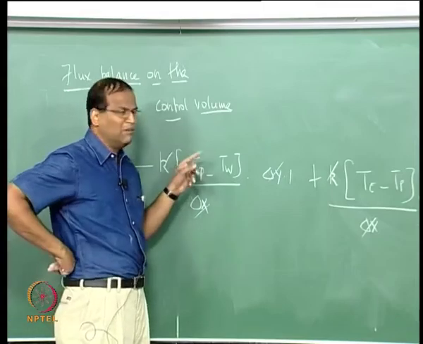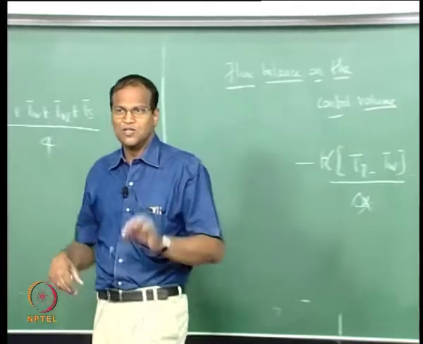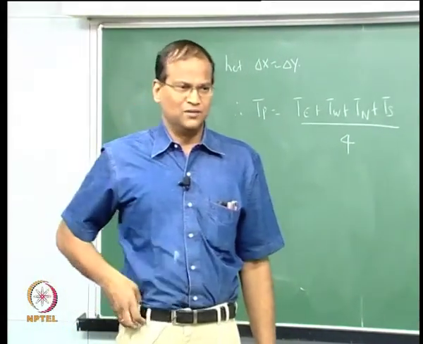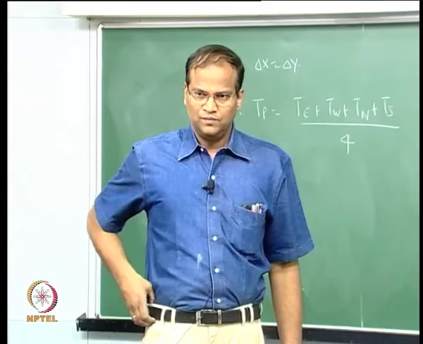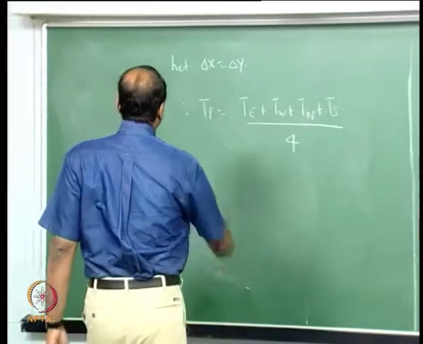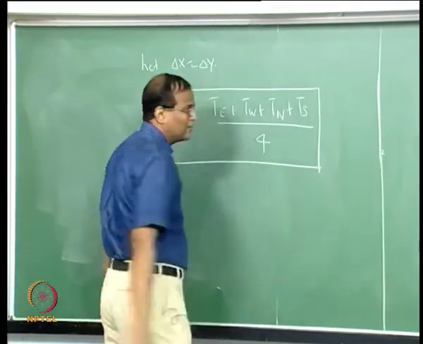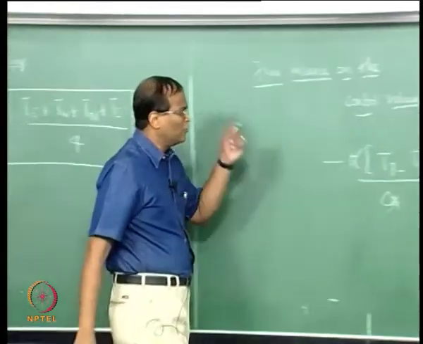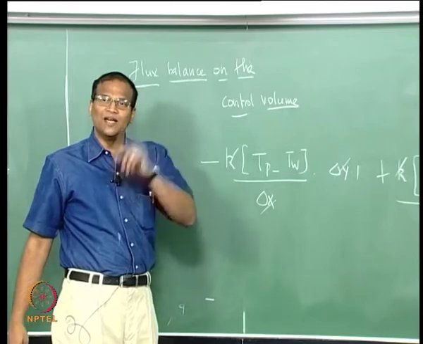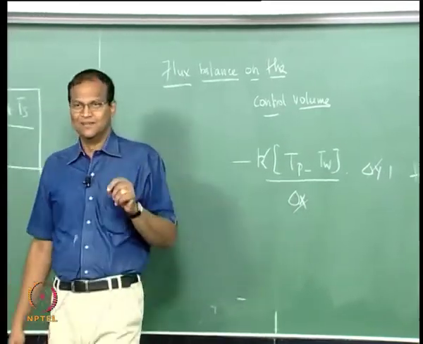I do not want to put dT by dx equal to this; again Taylor series expansion is not required because I am using a small control volume. So long as the control volume is small, this will work, okay. So this is basically, actually we should say it is control volume based or finite volume based finite differences, because I am using finite difference here.